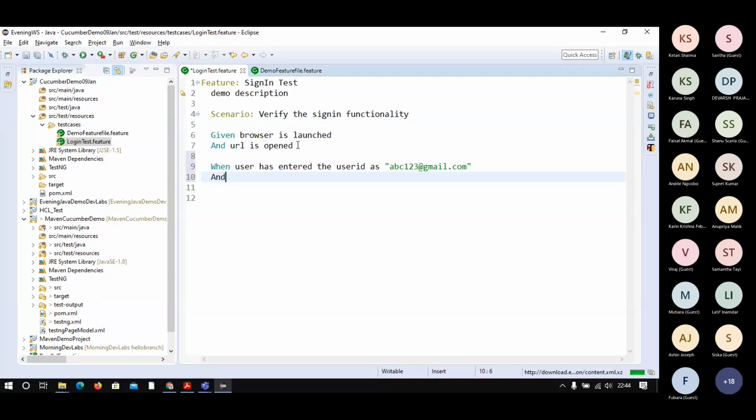Since it is multiple when, so you can use and user has entered the password ABC welcome @111 and user has clicked on sign in button.